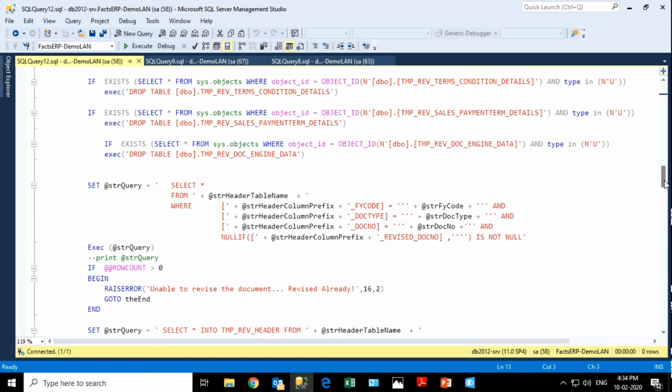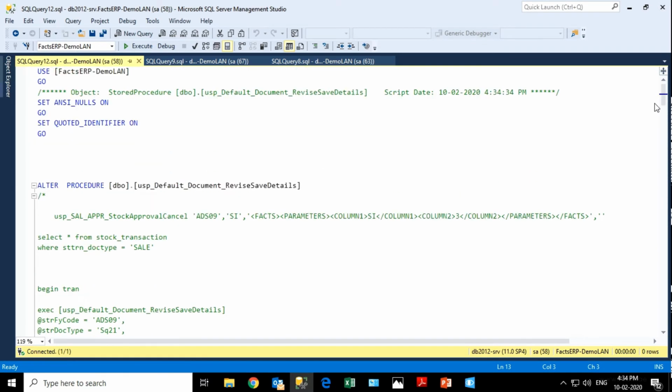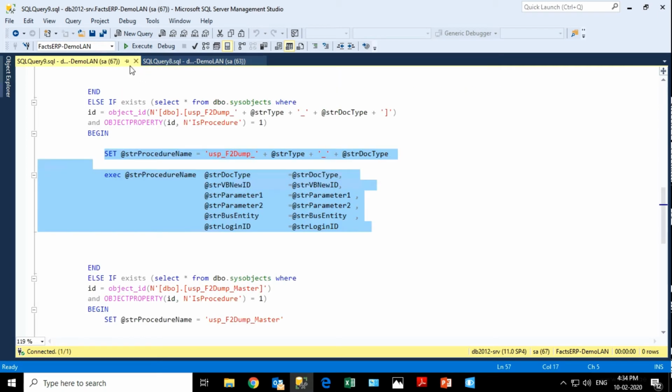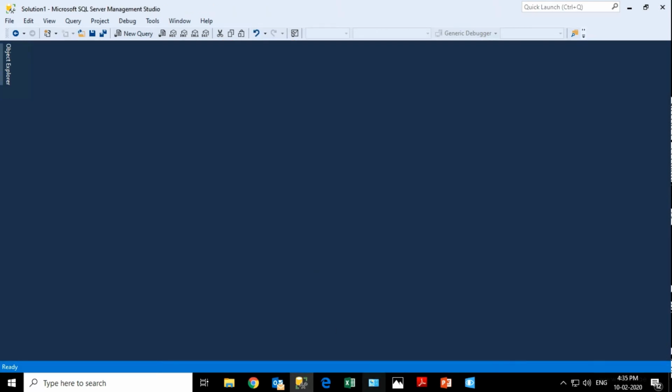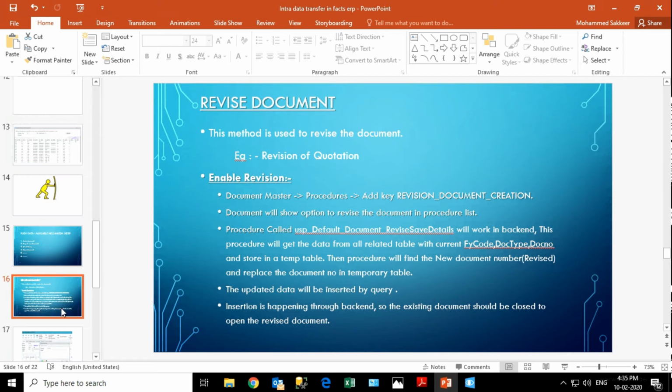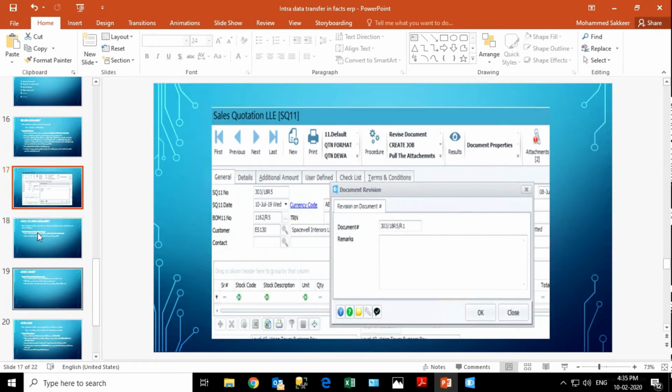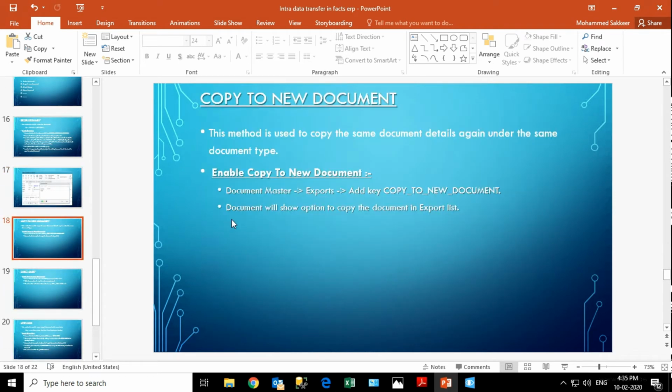Here we are taking all details from the document and we are finding the new document number and new document type. Document type will be the same. We are finding the new document number and we will save the changes to the new document number. So the user can go there and change as he wants. The next, there are some screenshots also you can refer.